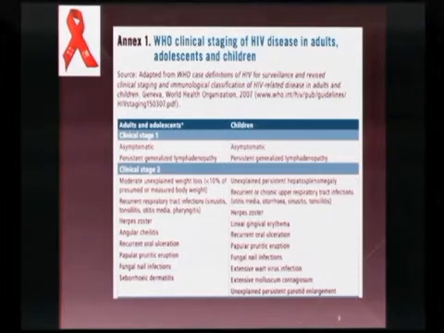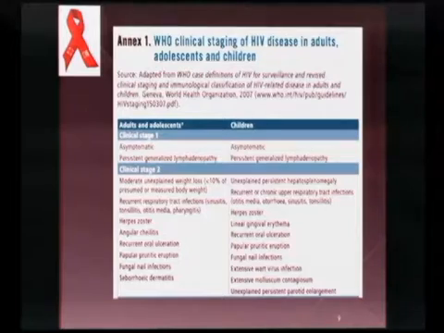Okay, now let's look at the WHO clinical staging of HIV disease in adults, adolescents, and children. To the right are the stages for children, and for adults and adolescents it's a little bit different. For clinical stage 1, they are usually asymptomatic, and the only presentation is persistent generalized lymphadenopathy. For clinical stage 2, they have unexplained persistent hepatosplenomegaly, recurrent or chronic upper respiratory tract infections, namely otitis media, otorrhea,